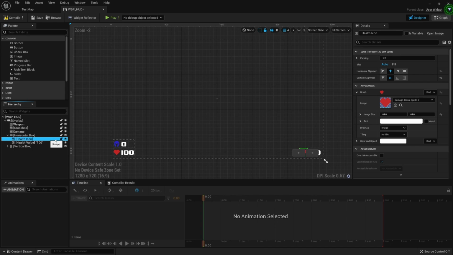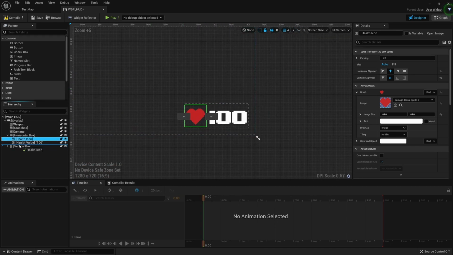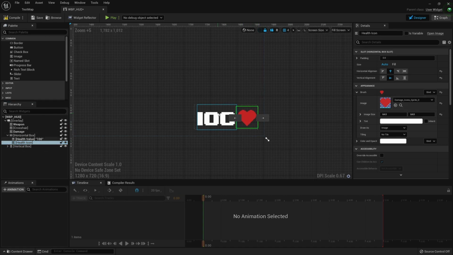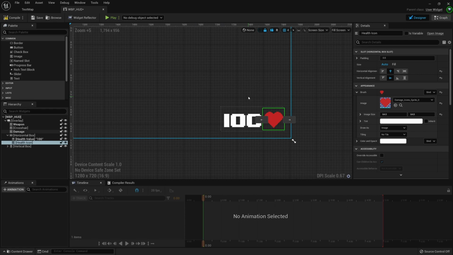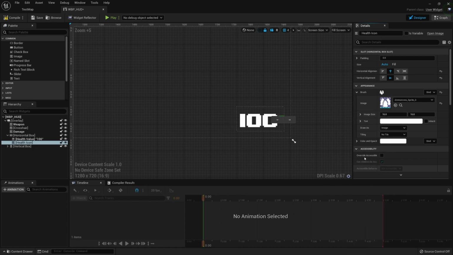Now for this section, we're going to kind of change this up a bit. We're going to move the health icon to be underneath the health value so that it's on the right side. And what we'll do is just kind of create an ammo area. So temporarily, we'll just add in one of the images, and we'll do a bullet image here.